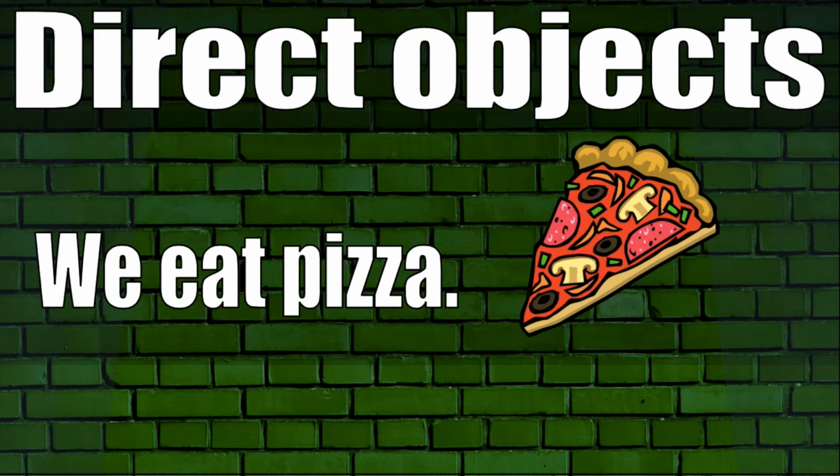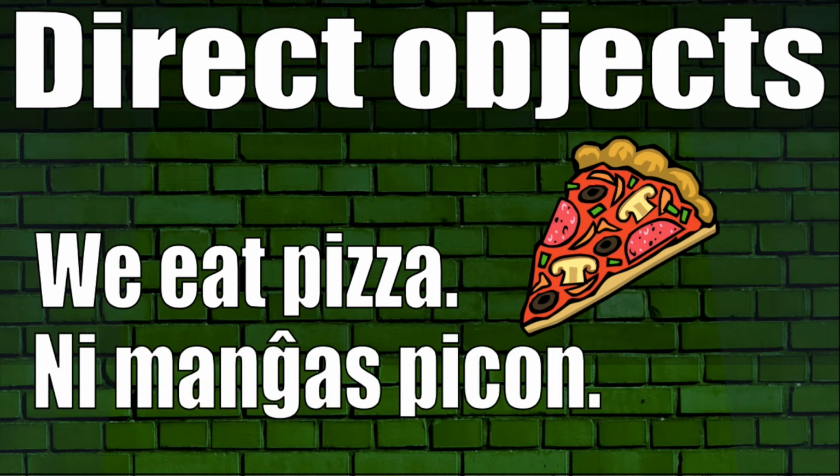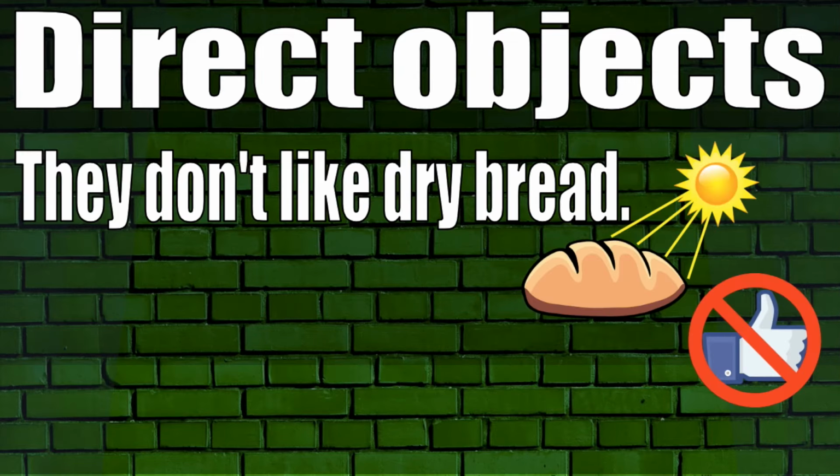As an example, we eat pizza. Ni manĝas pizzon. Ni is a personal pronoun that we learned about earlier. Manĝas is the present form of manĝi, to eat, and pizzo means pizza. But we added the letter n to indicate that it's a direct object. How about the